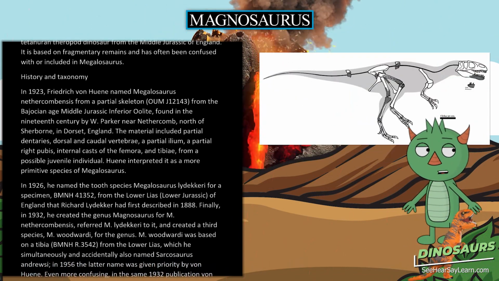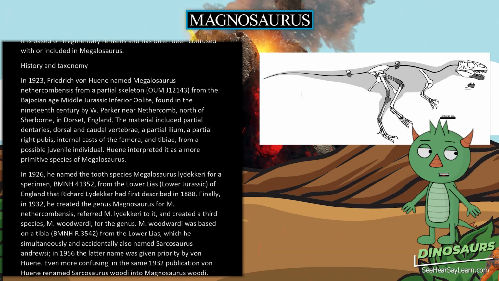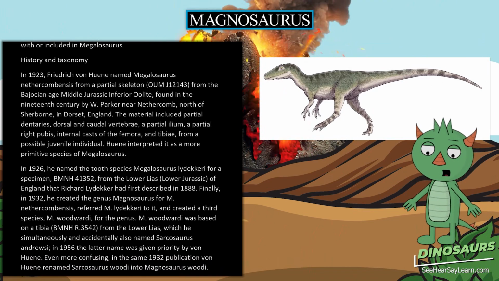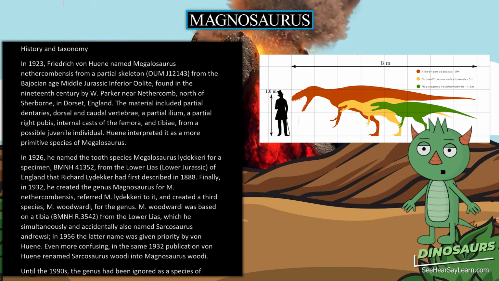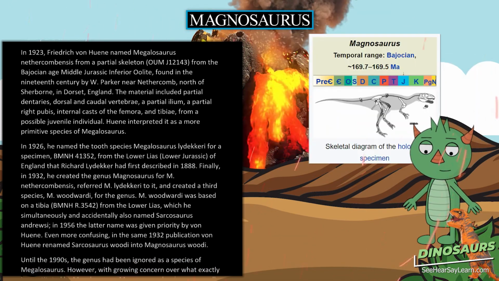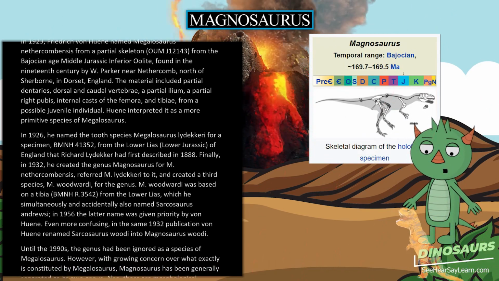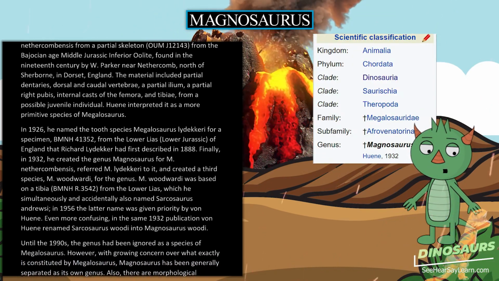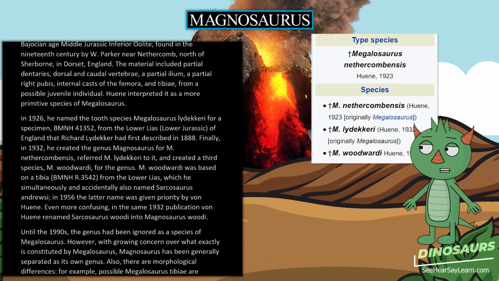In 1926, he named the tooth species Megalosaurus lydekkeri for a specimen, BMNH 41352, from the Lower Lias, Lower Jurassic, of England that Richard Lydekker had first described in 1888. Finally, in 1932, he created the genus Magnosaurus for M. nethercombensis, referred M. lydekkeri to it, and created a third species, M. woodwardi, for the genus. M. woodwardi was based on a tibia,